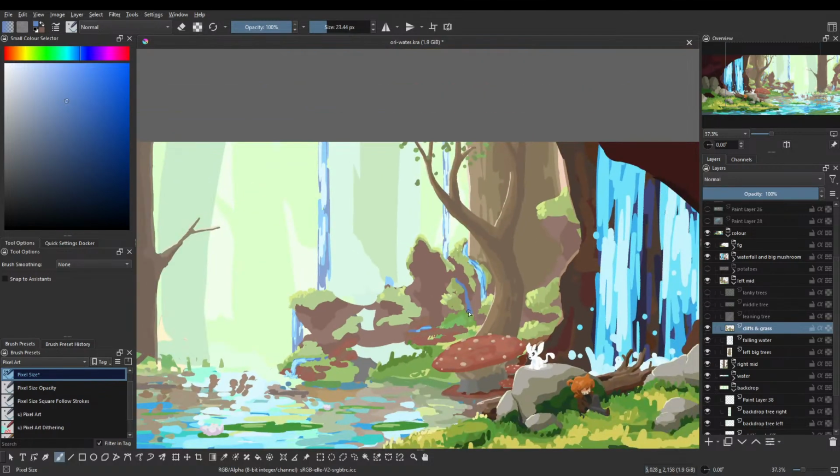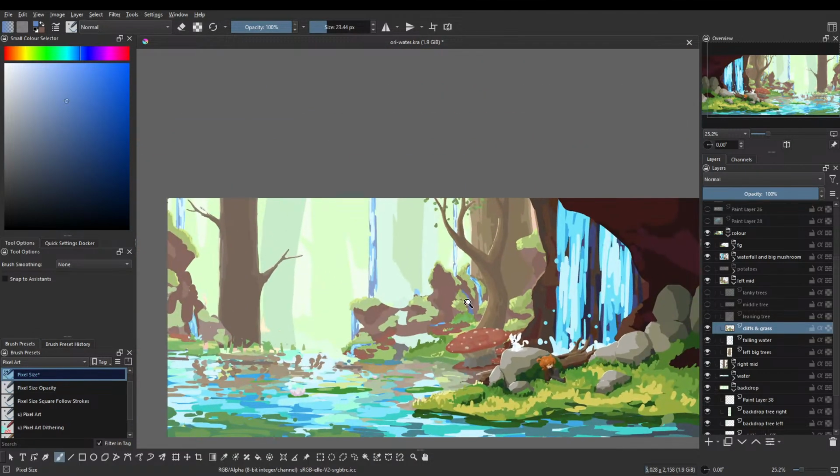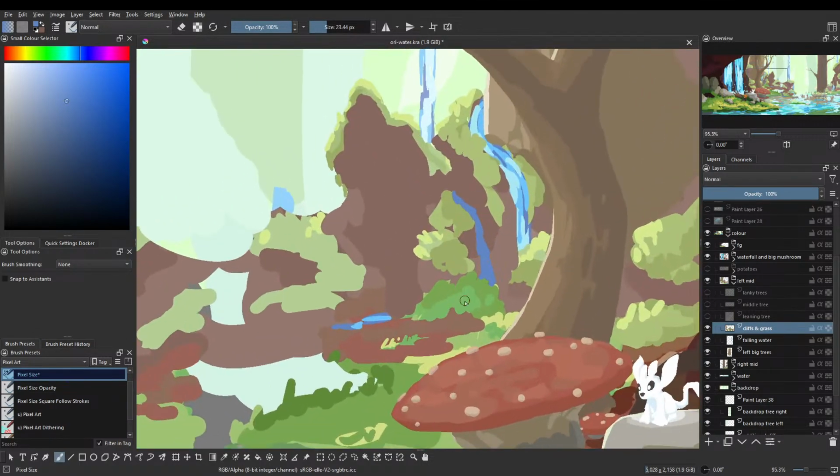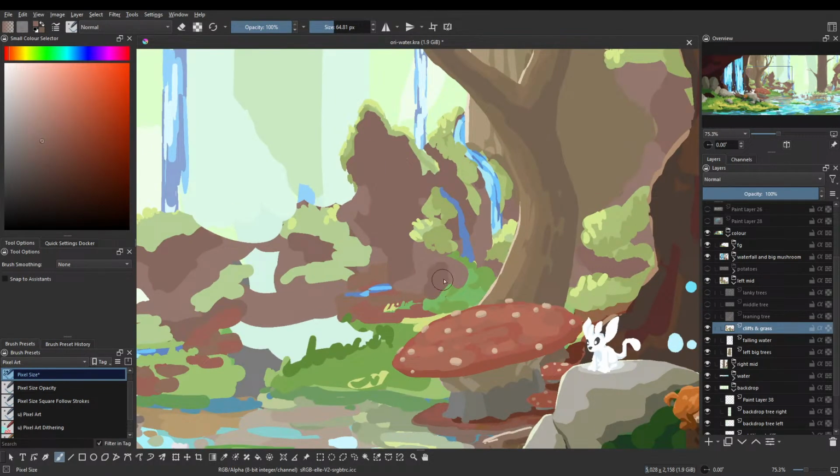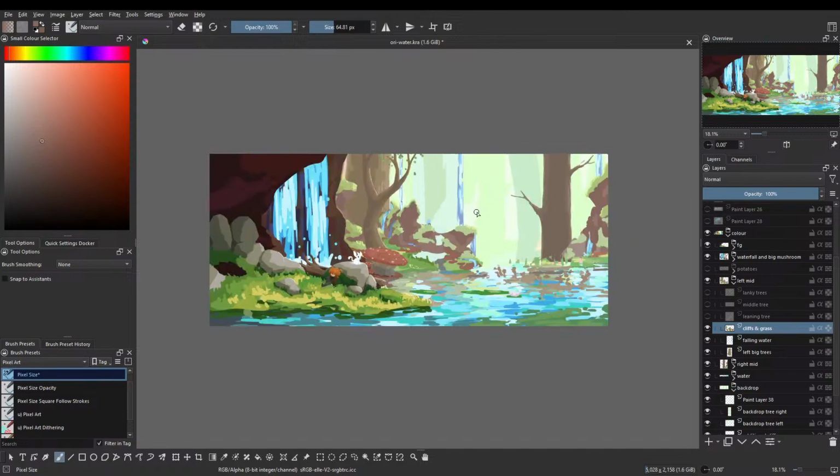I kind of like this being a bush, but it doesn't fit with the cliffs. So either I have to move it more in this direction, and then this becomes consumed by the cliff. Kinda. Yeah, you see the idea.